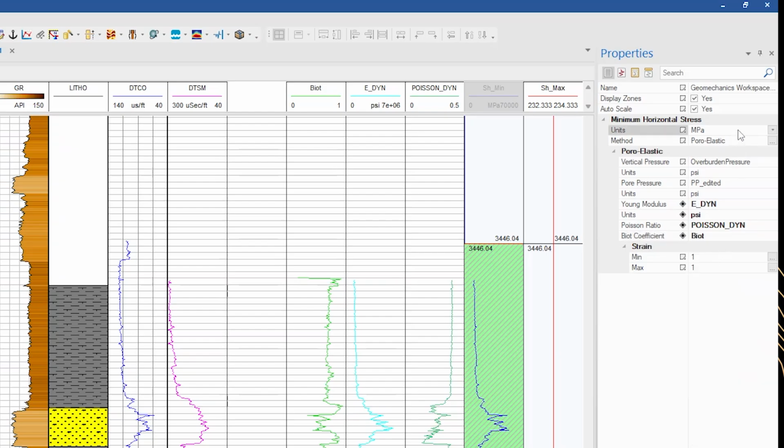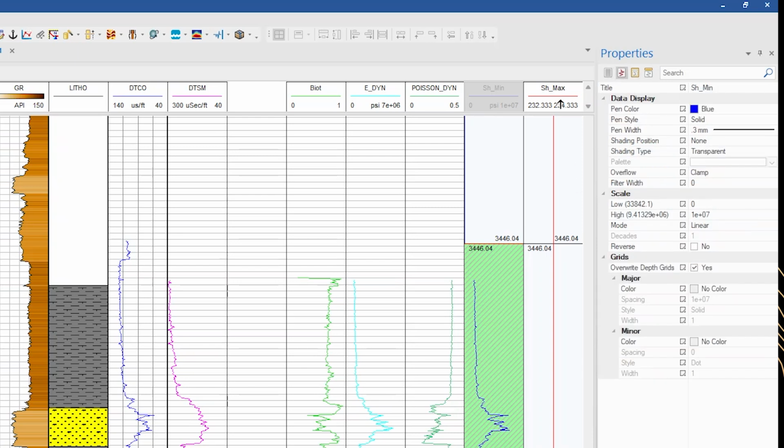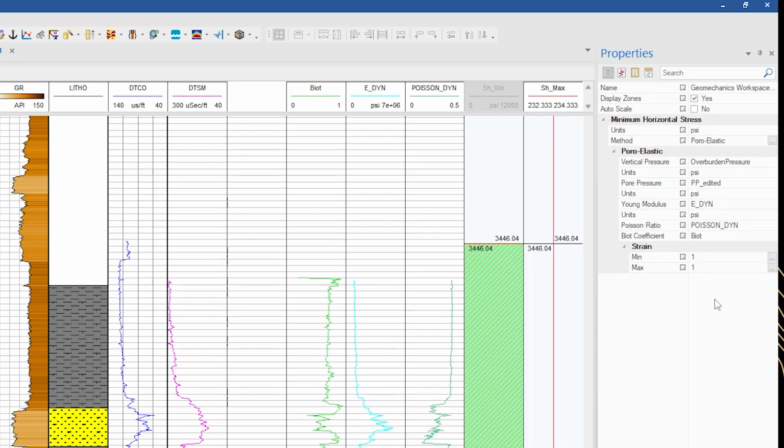We want the output in PSI, so we unselect the auto scaling and set the scale from 0 to 12,000 as in the other calculations. We also need to enter the minimum and maximum values for the strain.